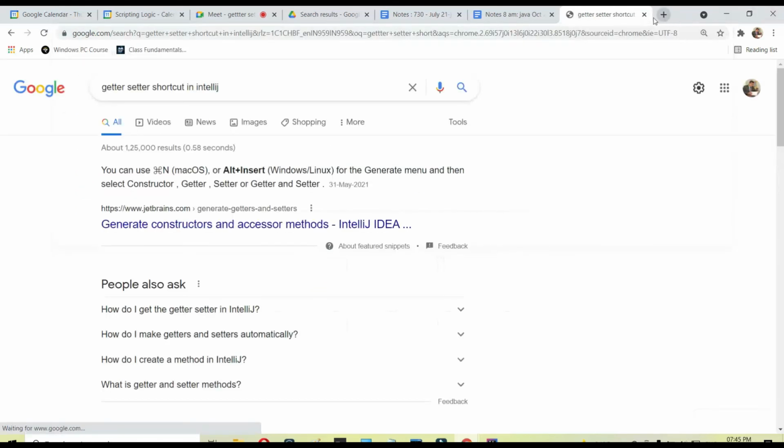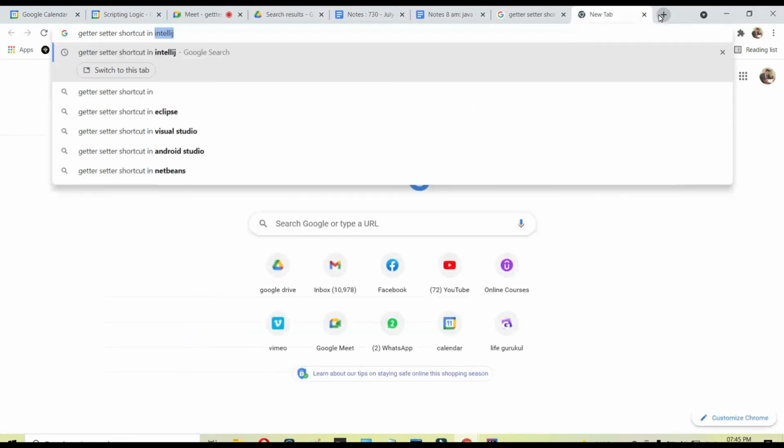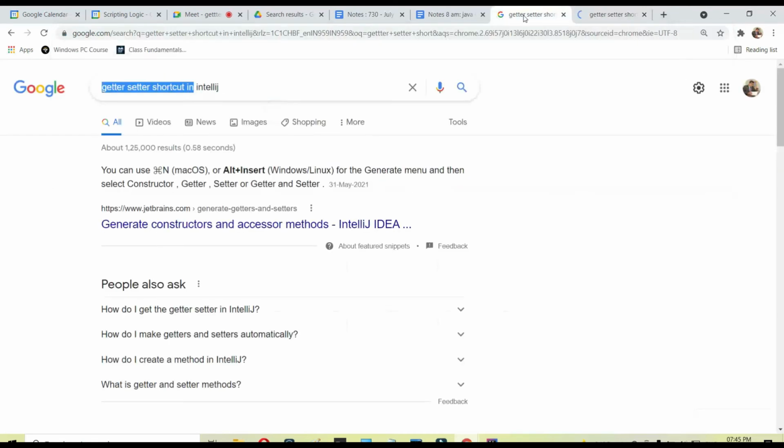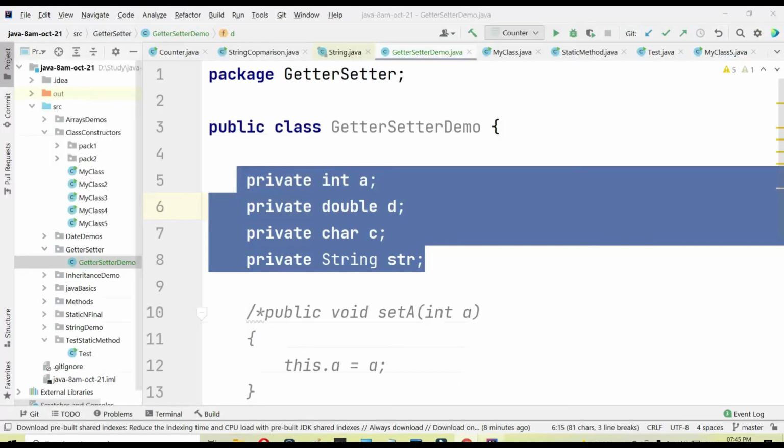You will get it for Eclipse also. It is Alt Insert. If you are using Mac, then Windows Insert. So select all and press Alt and Insert.